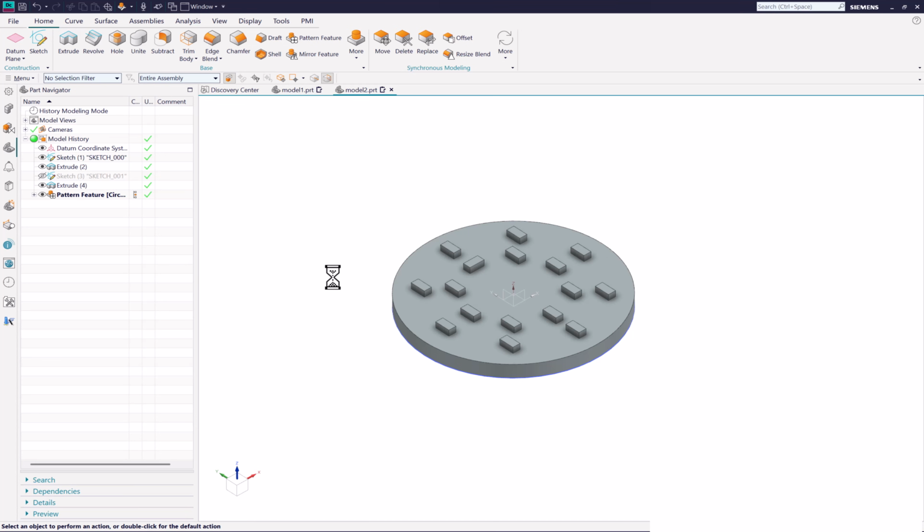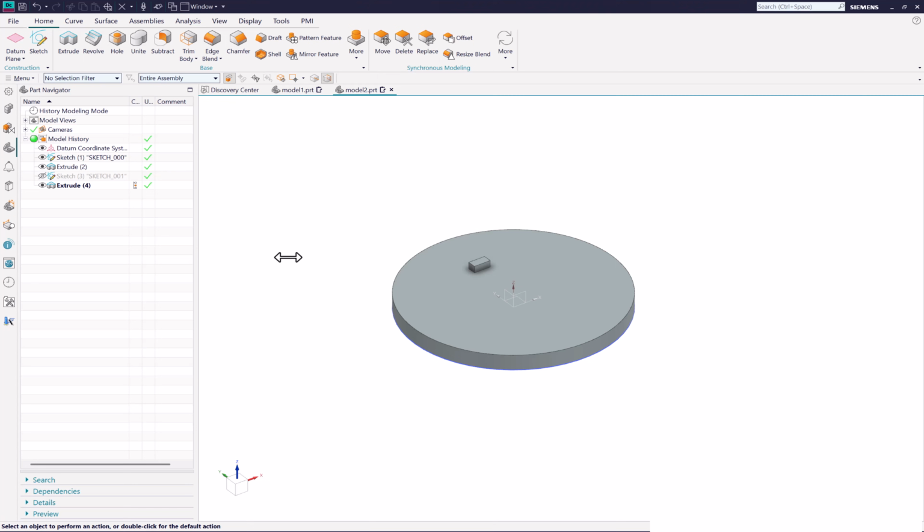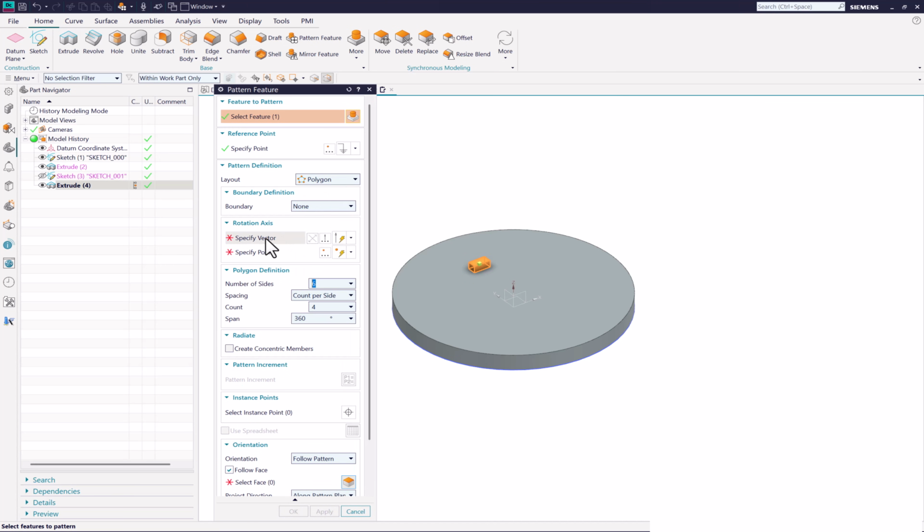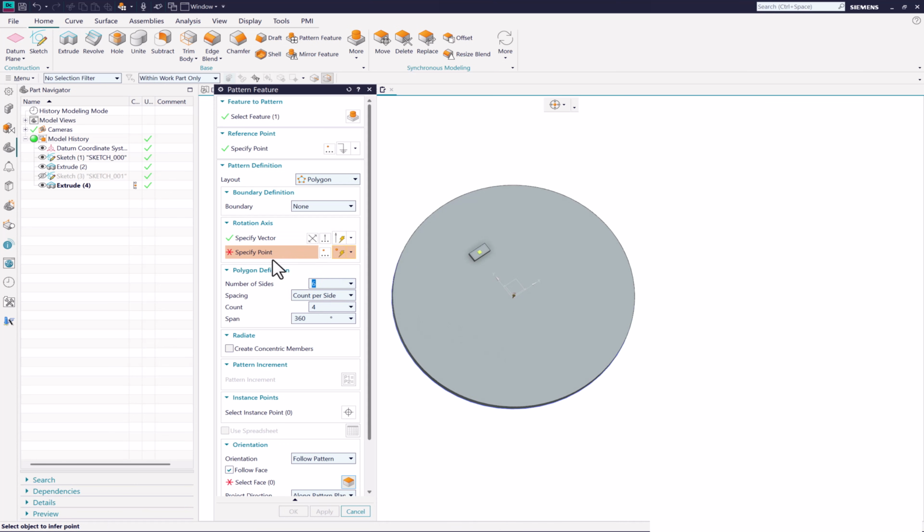Now let's go to the next pattern. Next pattern type is polygon. So we'll select the feature and we'll go for pattern. I'll change the feature to polygon. We define the rotation vector and we need to specify one point. Along that we're going to make it polygon. So we can click a point wherever we want, and we can define the number of sites, count of objects,